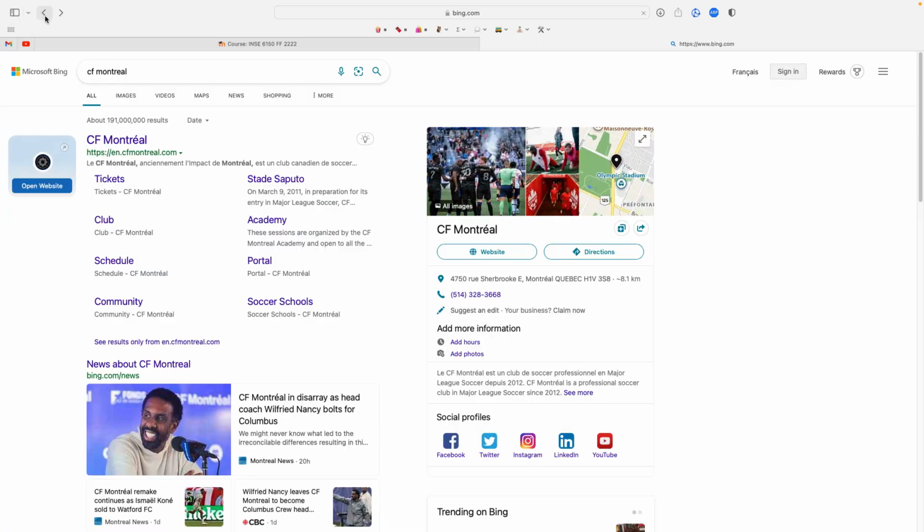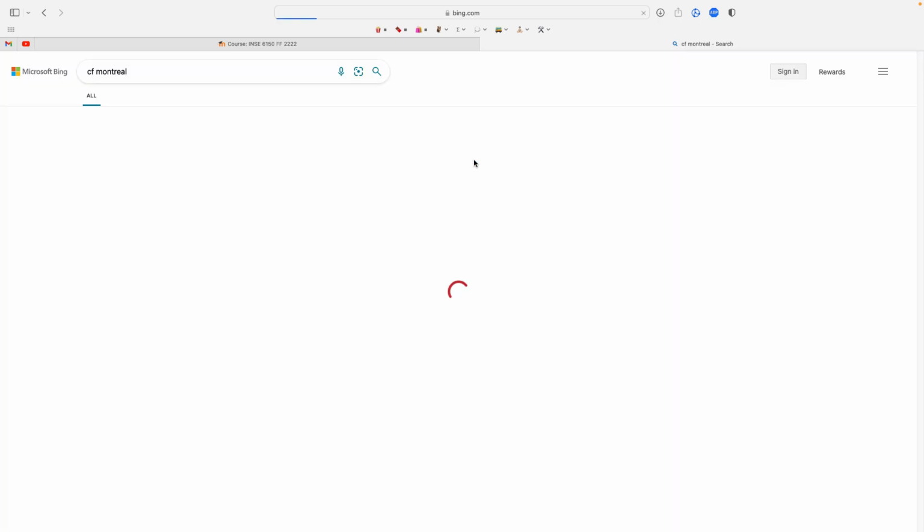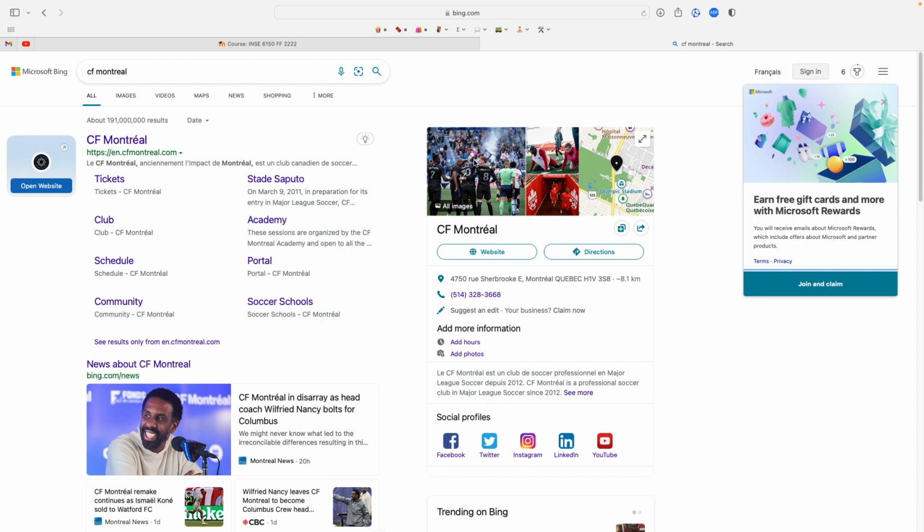Okay, so here I am. I'm on a search engine, right? And so I'm going to type in CF Montreal and I'm going to press search. Okay, how does that search term, CF Montreal, go from my computer to Bing in this case?